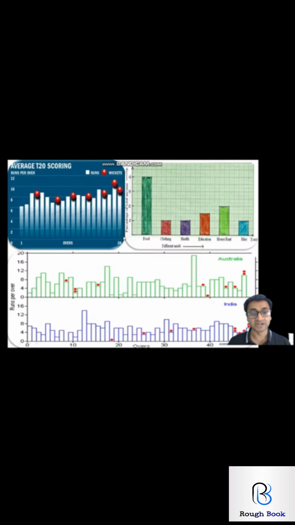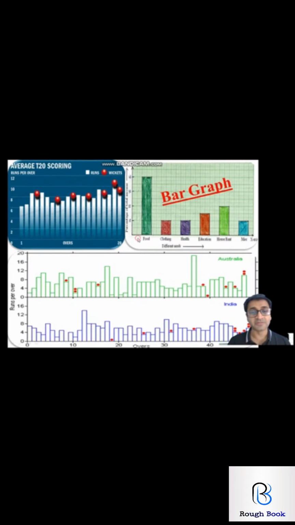Basically, these type of graphs, what are they called? They're called ogive or cumulative frequency curve because it gives cumulative frequency data in the form of a graph. If you look at these matches as they progress, you can see the number of runs in total that has been represented here. That's why the name is cumulative frequency curve. Curve because they all are like curves, not polygons as such.